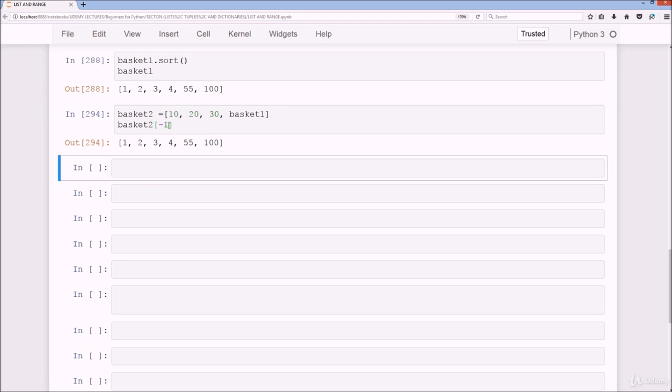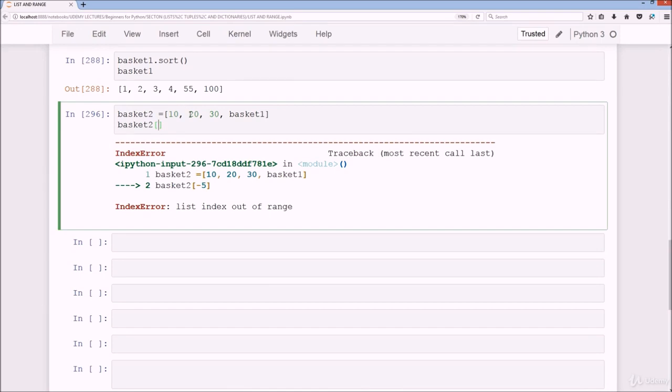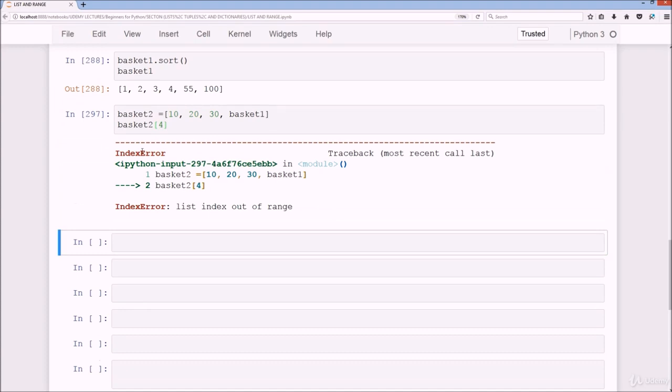So this is counting backwards. So when we're counting from left to right, it's 0, 1, 2, 3. But if we're counting from right to left, it's going to be -1, -2, -3, -4. So if I were to do -4, we get 10. And if I were to do more than that, we get an index error because there is no -5 here. Likewise, if I were to do 0, 1, 2, 3, 4, this will also give me an error as well because it's outside of the index range. Okay, so moving on from that,